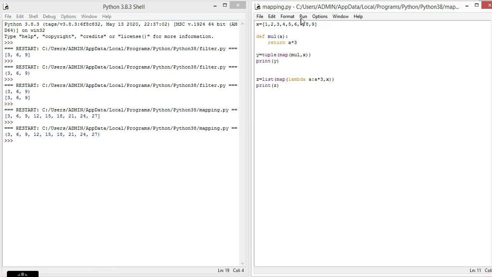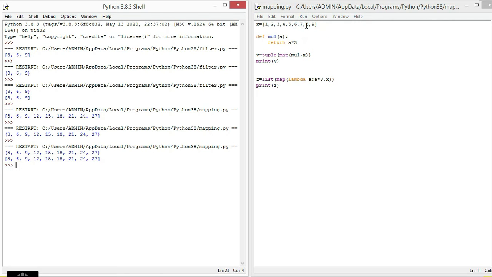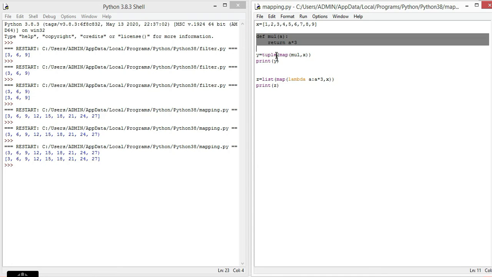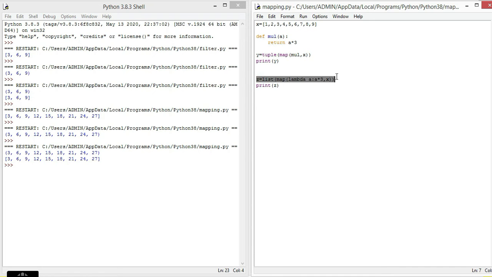Save the code, run module. So you can see, friends, all the elements are printed in the form of a list. So this is the difference. This is the general method and this is the lambda method. Okay. Now let's look at the